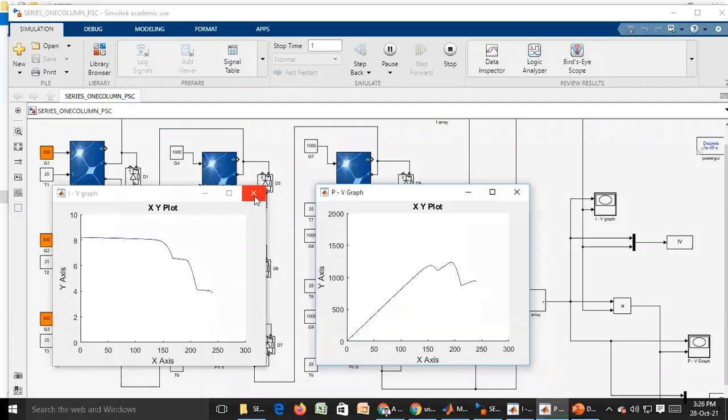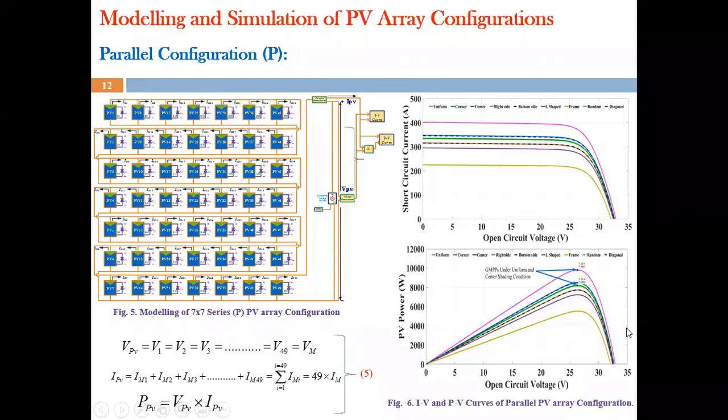Now we will move to parallel. When we consider parallel circuits, what happens? This is a parallel configuration. In the parallel configuration, PV1, PV8, PV15, 22, 29, 36, 43 are all in parallel, which is connected in series to the next level.